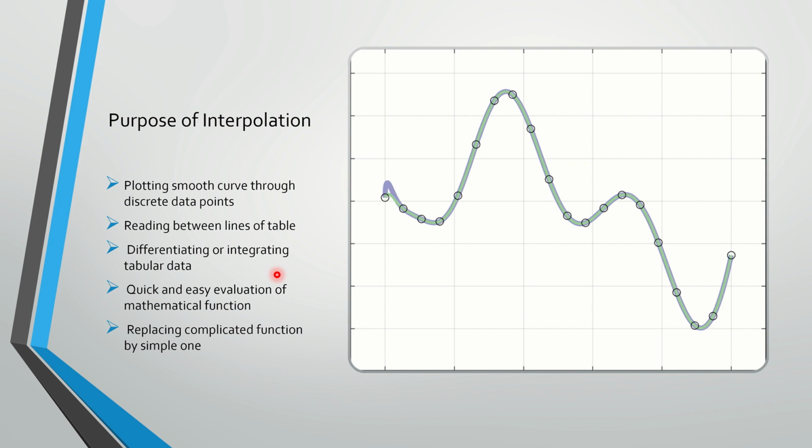And this is an easy way to evaluate mathematical functions at different points, and you can basically replace complicated functions by simple ones, because usually we do polynomial interpolation. तो कोई भी function जो होता है, एक्सपोनेंशियल फंक्शन हो सकता है, it might be trigonometric function, हाइपरबॉलिक फंक्शंस, तो इन सारे फंक्शन को हम क्या करते हैं, we replace them by simple functions, पॉलिनोमियल फंक्शंस से रिप्लेस कर देते हैं।